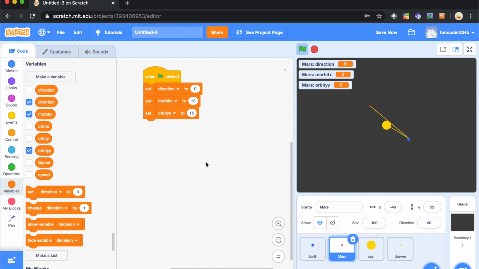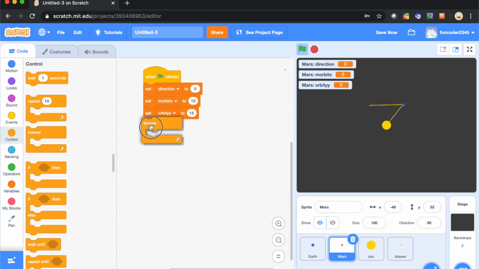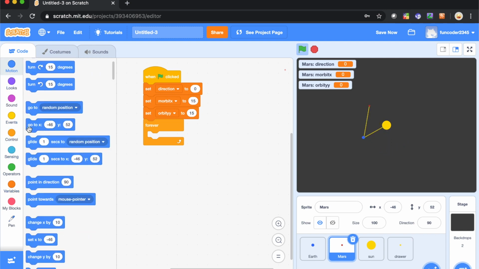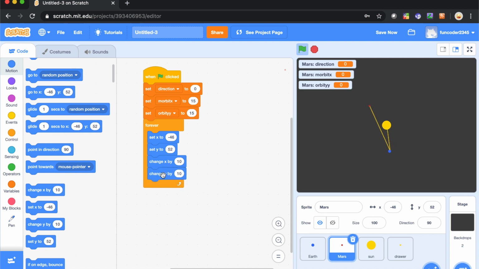Now what we're going to do is basically add the same script as before. So forever, and I might speed this up. Forever: set x to, set y to, change x by, change y by. Okay, so now we put a